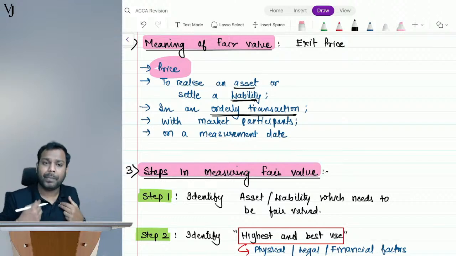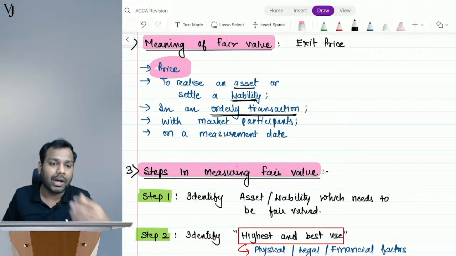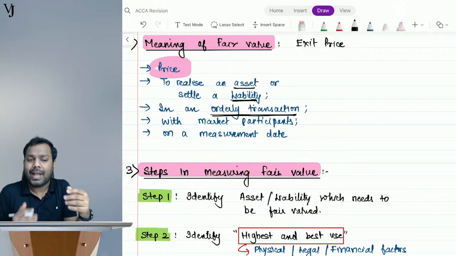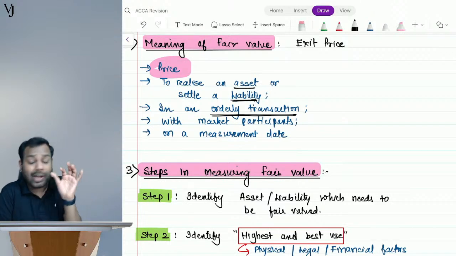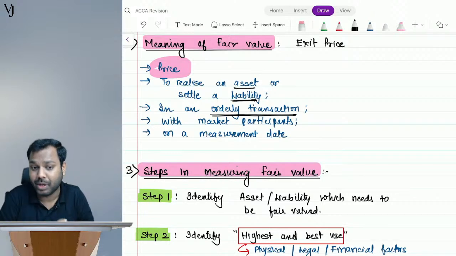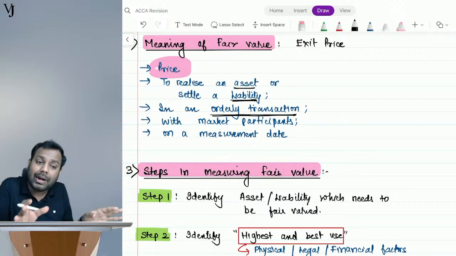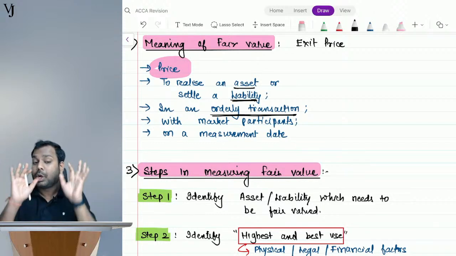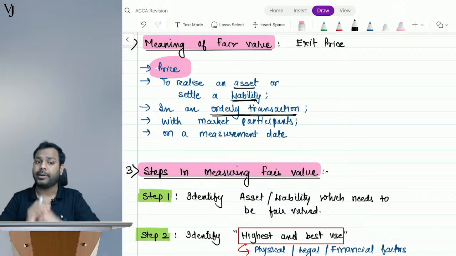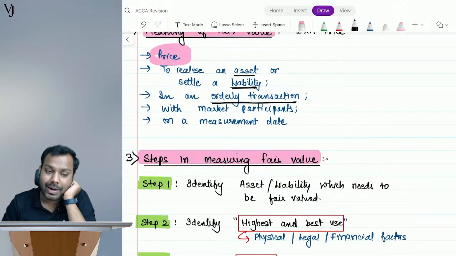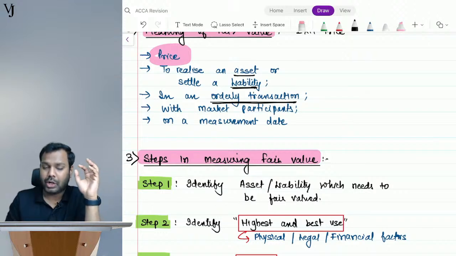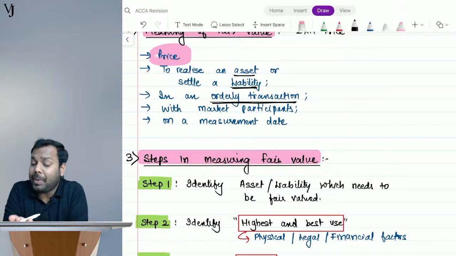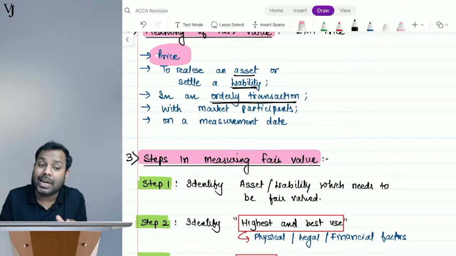Let's suppose me and you, since you are my student, you're selling something, when I come to you and purchase, you might be influenced. Oh, Vishal sir is purchasing, so you might give a discount to me. So that is not an orderly transaction. When we talk about an orderly transaction, it means two independent parties are transacting. So in an orderly transaction, the price that I will realize for selling an asset, or pay to settle a liability, is between two independent and knowledgeable parties.